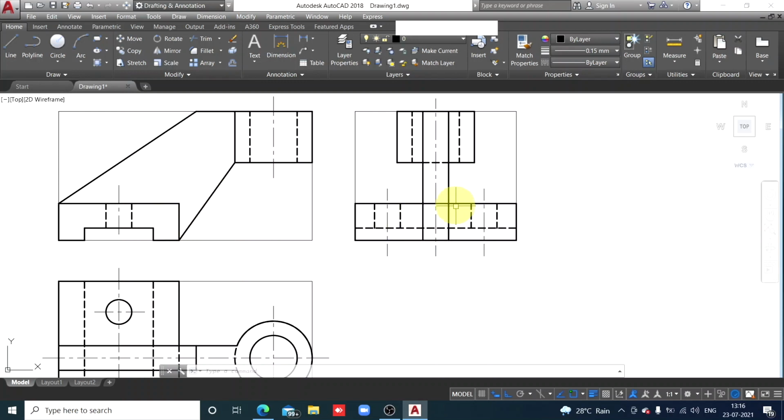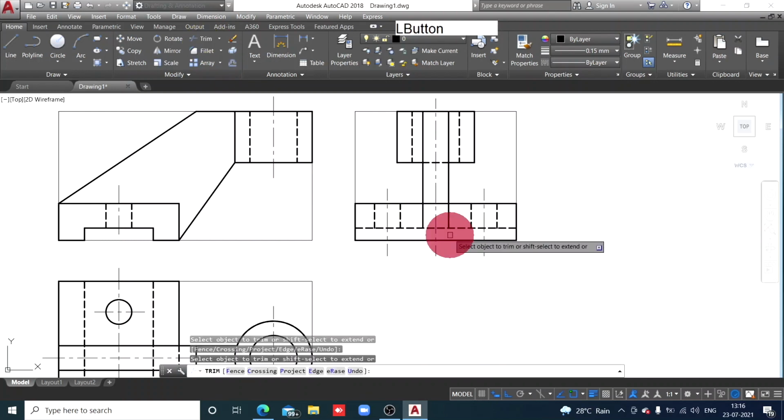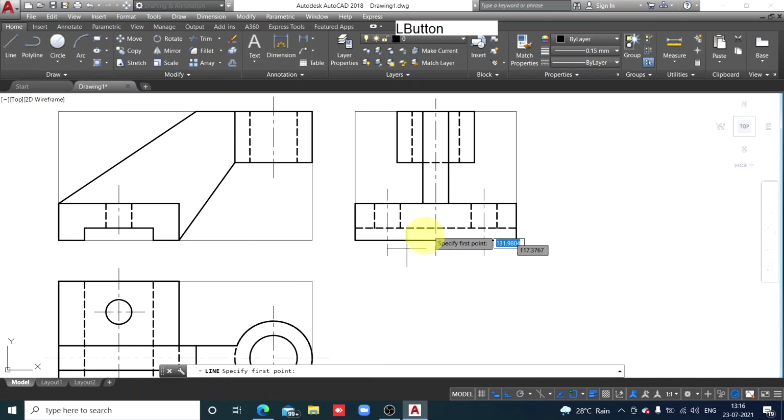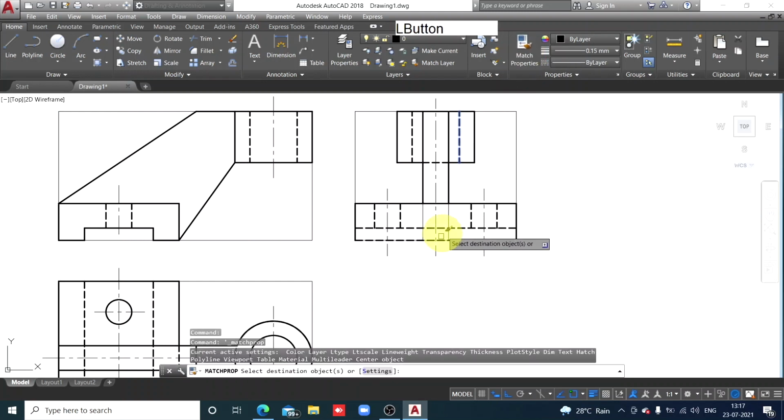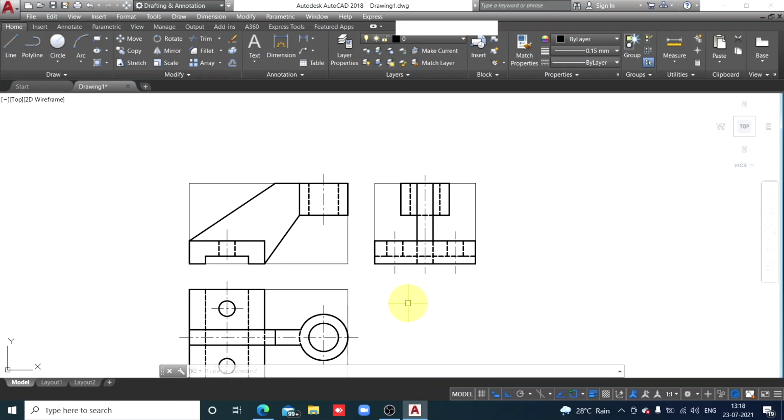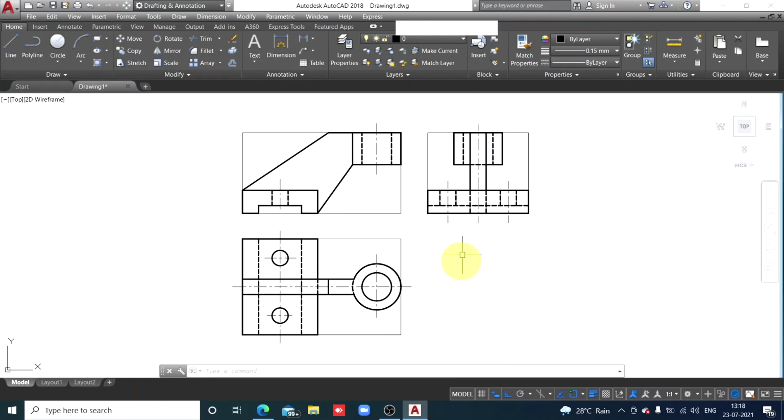So this lower portion you are going to draw hidden. First of all, trim, enter. And I'll draw new lines. Select hidden line, match properties. So this is how we have completed the drawing.